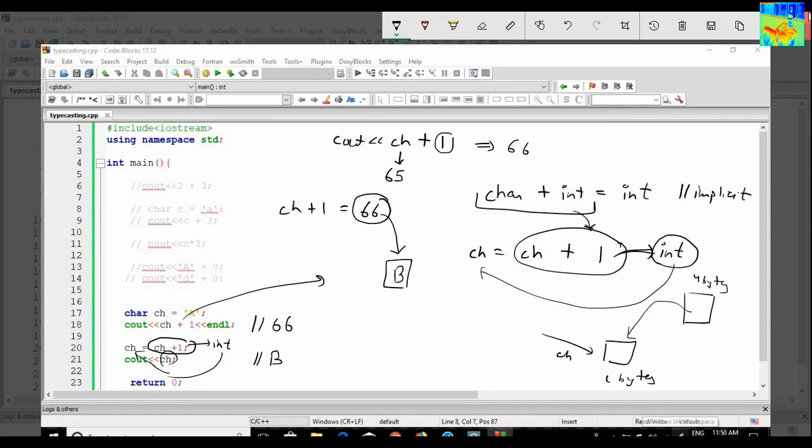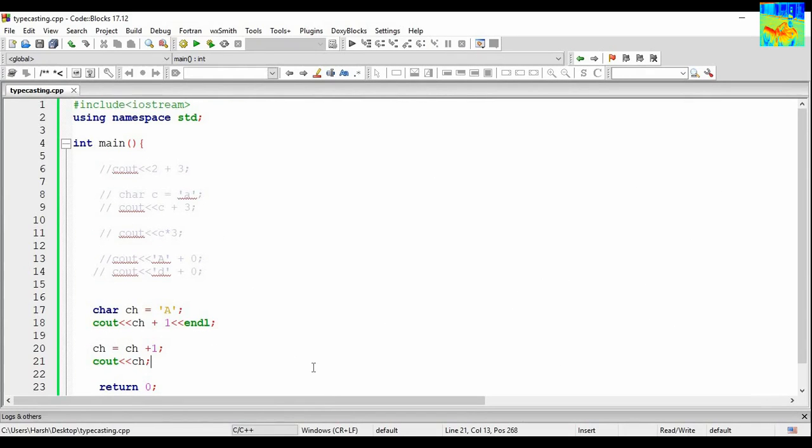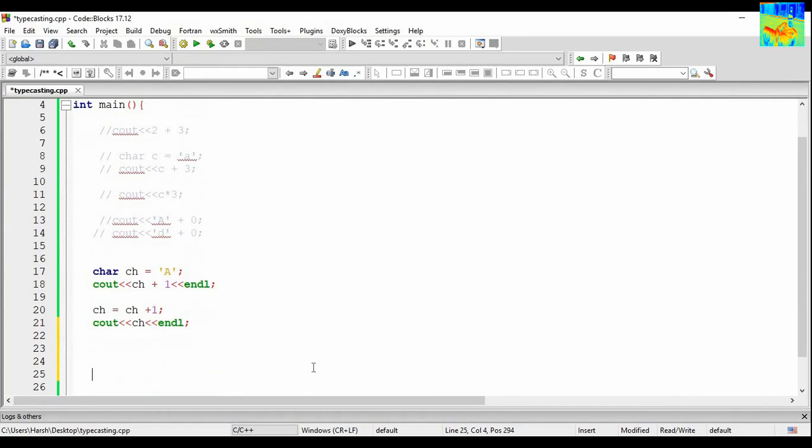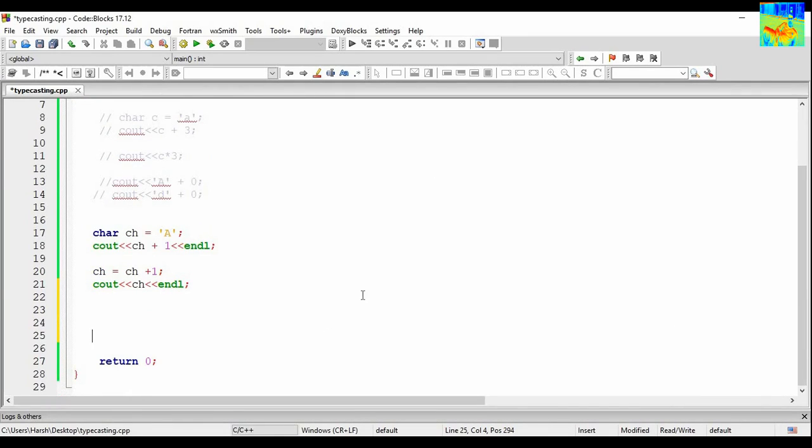Let's see one more example to make things clear. So what we will do, ch equals ch plus 10. Let's build and run. First of all, let's comment out this line and also comment out this line.